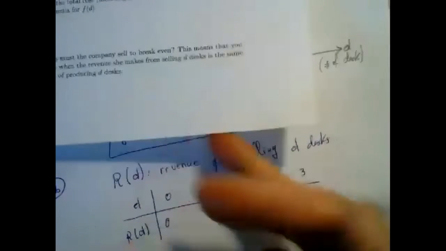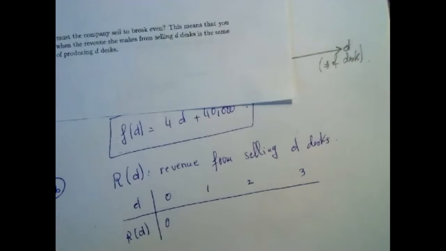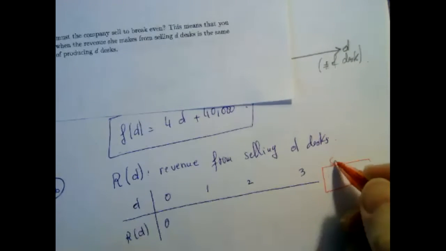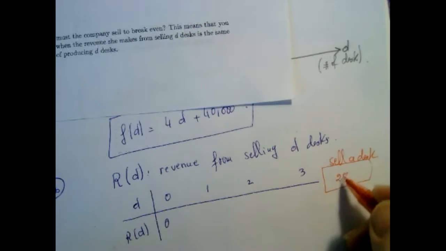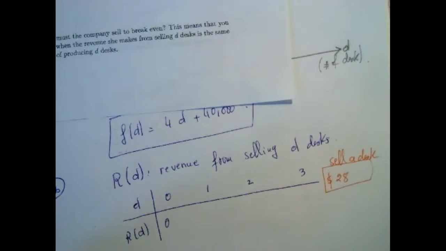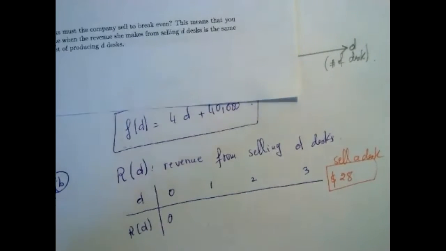Now, the company sells, here in red, a desk for $28. So if the company sells one desk, what's the revenue from it? Means how much money they have in their pocket? $28. If they sell 2,